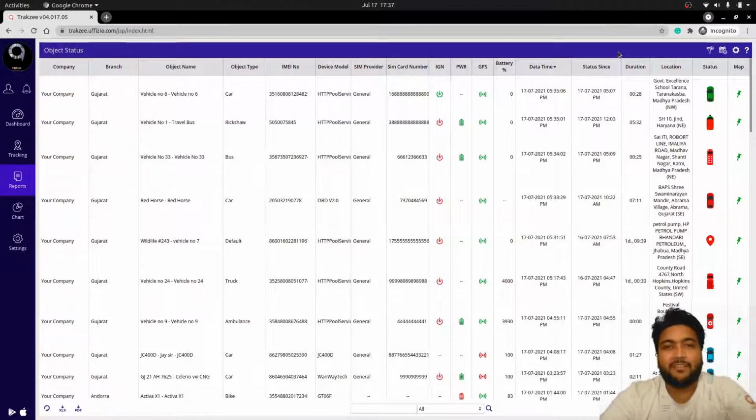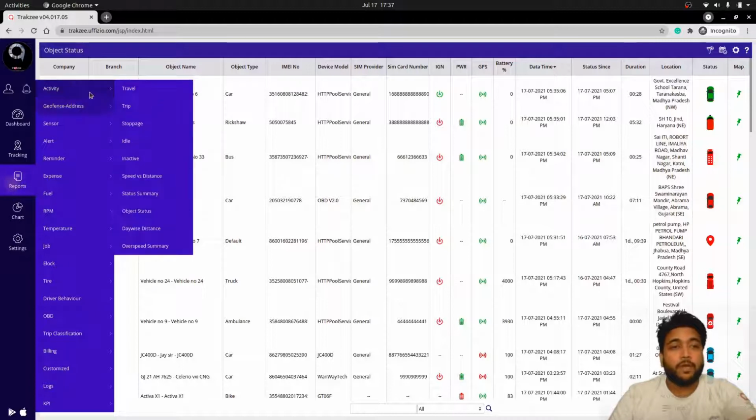Hello. In this session, we are going to discuss how to get the object status report. As the name suggests, this report gives the information for the current status of your object. Let's try to understand the detailed information of this report that is available in the report, in activity and